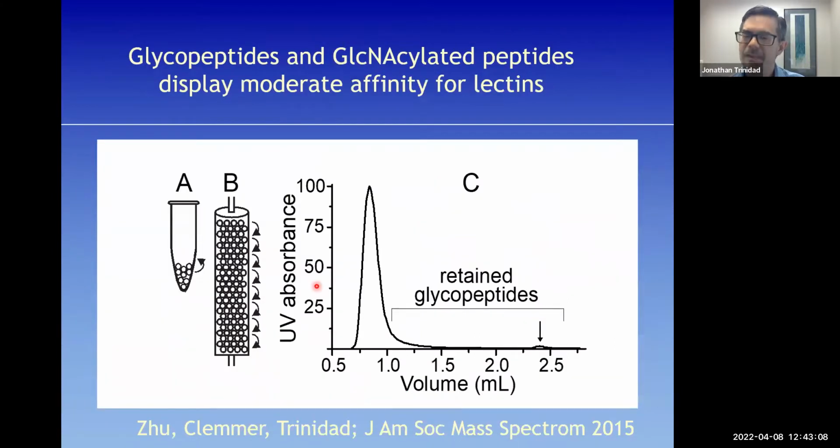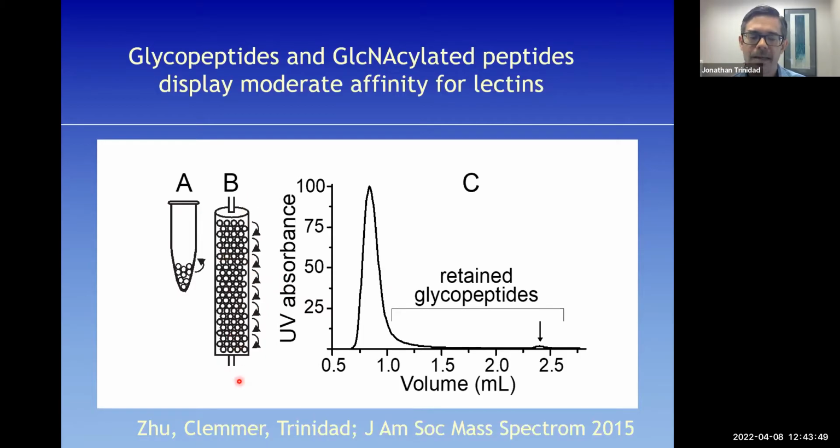As I said, everything's about enrichment if you want to do a global PTM analysis. And so what we've developed is a way to purify glycoproteins or glycopeptides from complex mixtures using a class of proteins known as lectins. A lectin is really just a generic term for a carbohydrate binding protein. So the typical source of these is from plants, and individual plants have lectins that bind different types of glycans. So some might bind mannose, some might bind N-acetylglucosamine, some might bind sialic acid. And we can take either individual lectins or a pool of lectins, immobilize them on a resin and run it